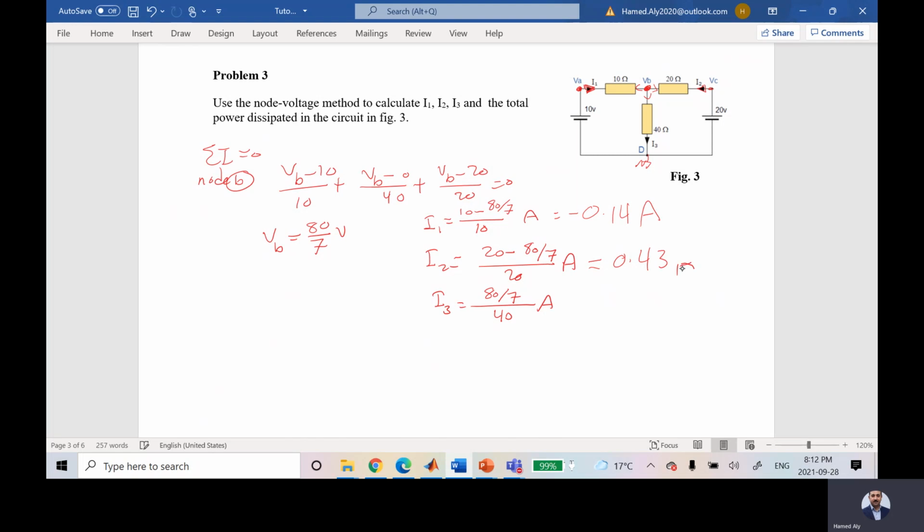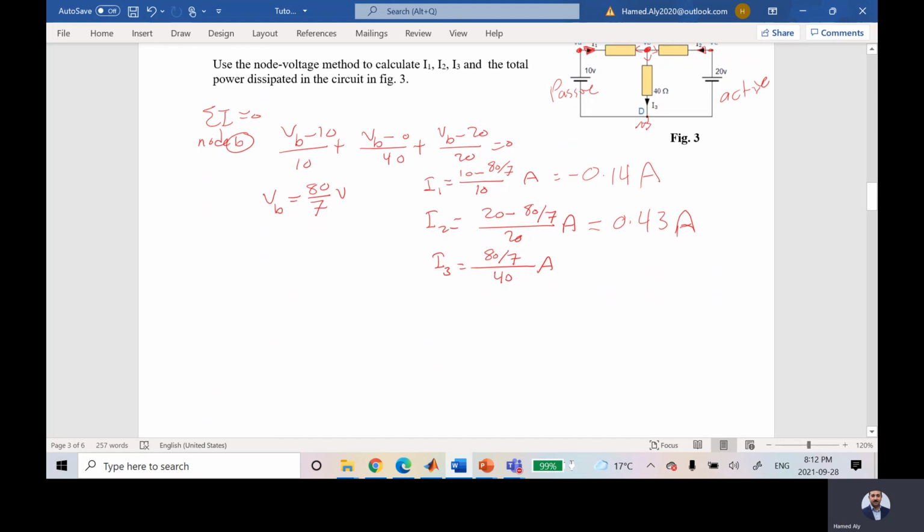0.43 amps. Did anyone check? Okay, now based on these values, for sure I can say that this guy is the active element, but the other one is passive. This is active and this one is passive. So if you would like to calculate the power dissipated,